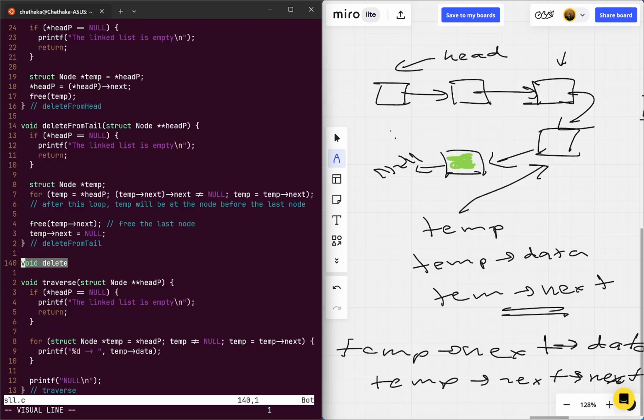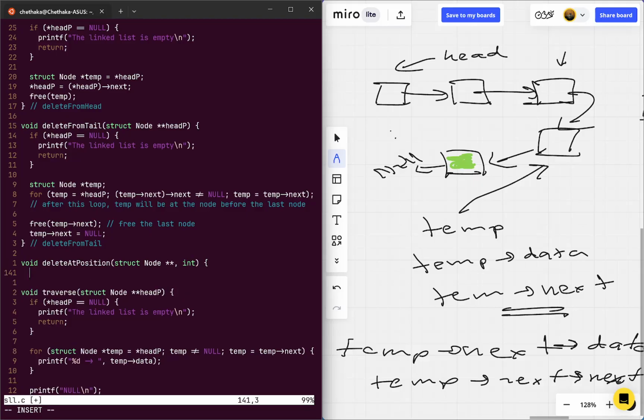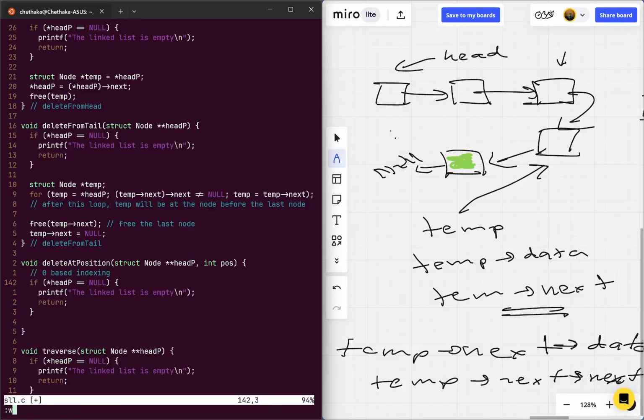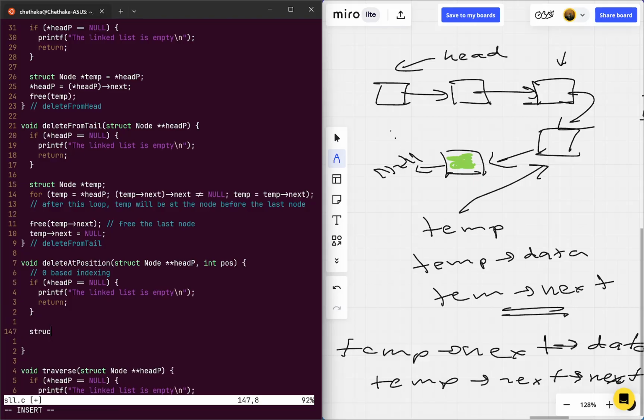Okay, let's call it head P and then let's call it position. Okay, again 0 based indexing. We need to check whether the linked list is empty or not. Okay, so this is what it does again. So now what we need to do is that we need to